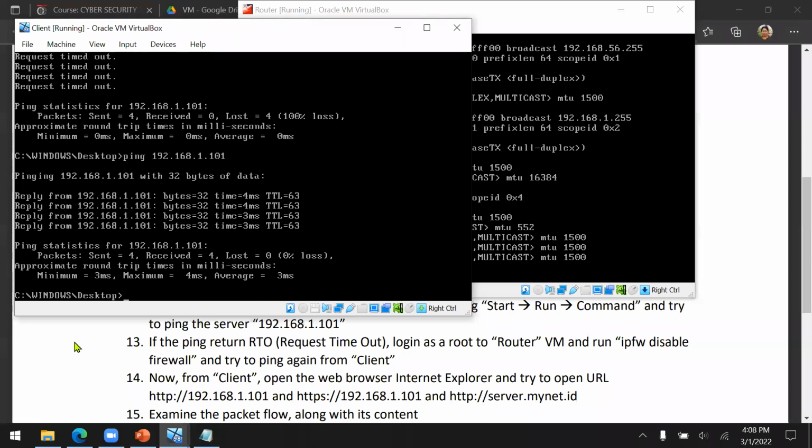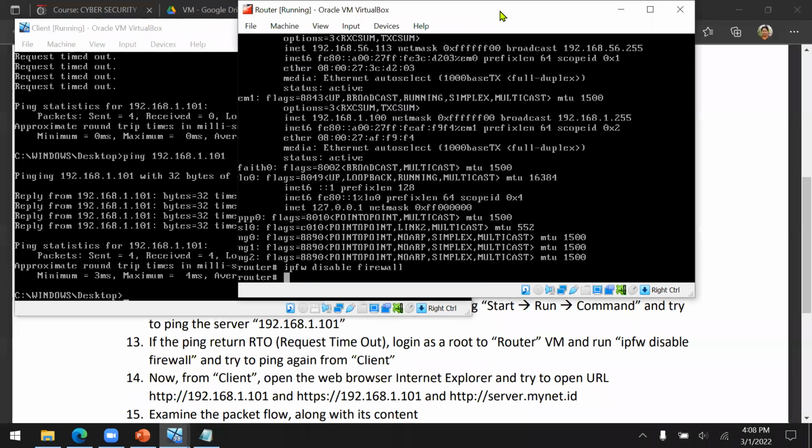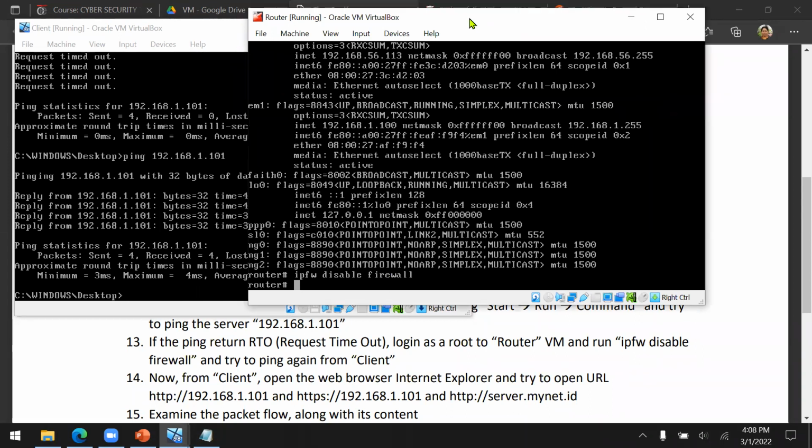Okay, now let's try to check the traffic between the client and the server. So we're going to capture the traffic between the client and the server by using tcpdump.